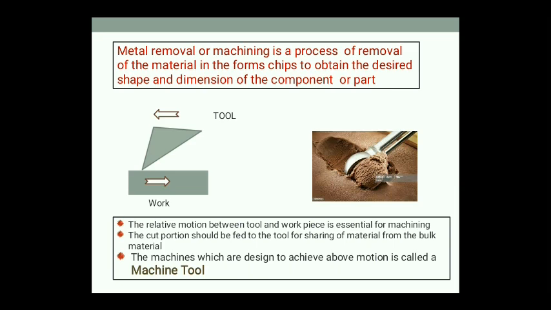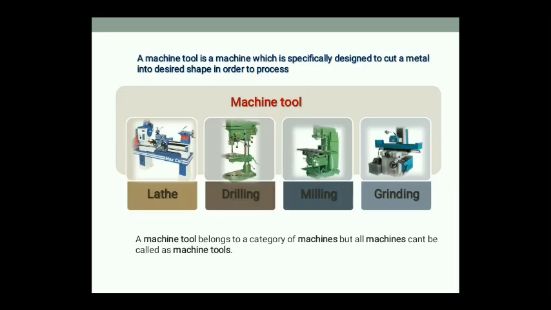The machine which is designed to achieve the relative motion between the workpiece and the tool in order to get the machining action, we call it a machine tool. There are several different machine tools: lathe, drilling machine, milling machine and grinding machines. The lathe is the first machine which was manufactured by mechanical engineers, and other machines are manufactured by using the lathe. That's why the lathe is called the mother of all machines. Drilling, milling, grinding are also called machine tools. Normally the lathe is not called a machine tool, it is simply recognized as lathe.